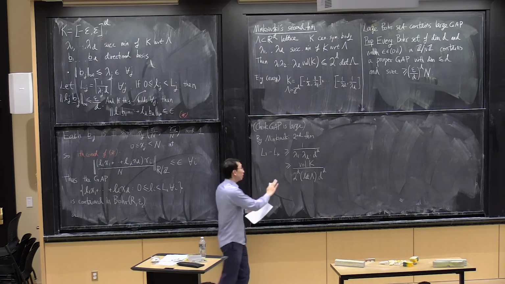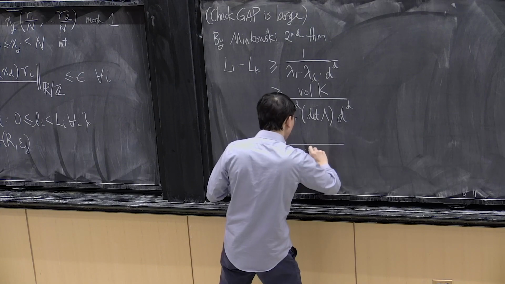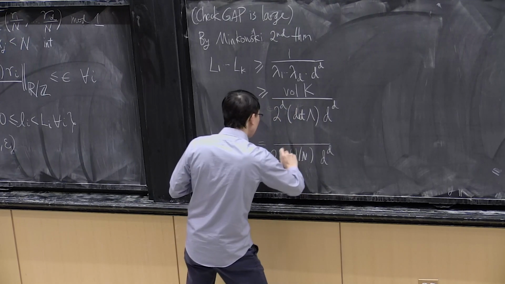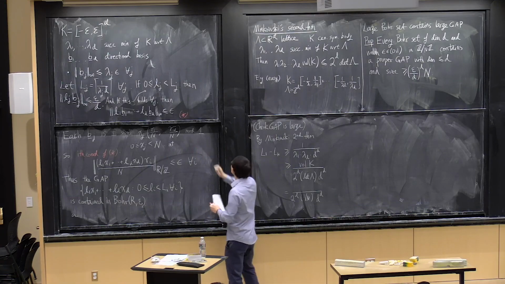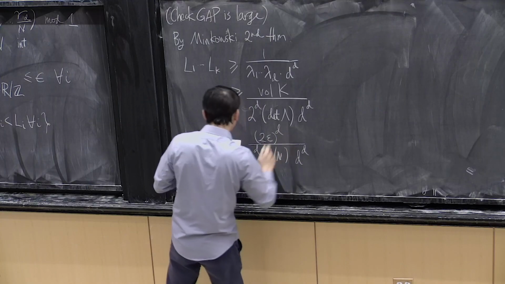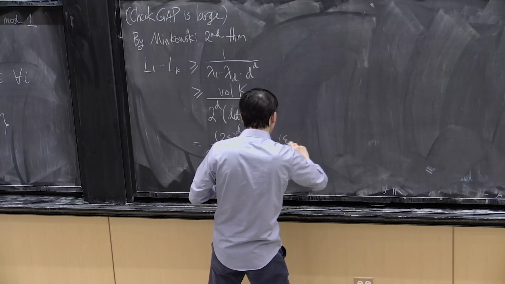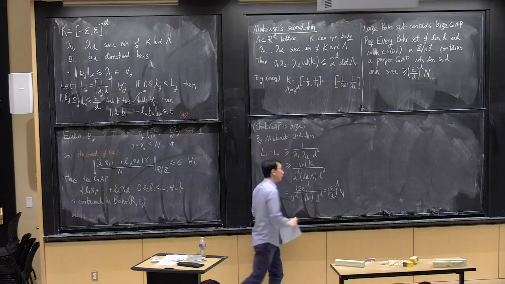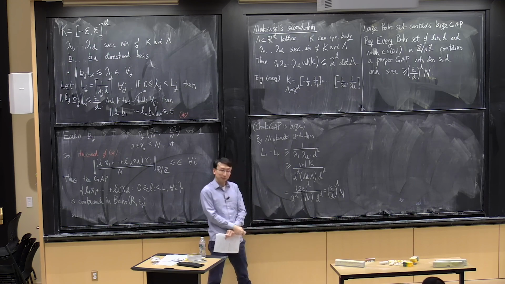But we saw what the determinant of the lattice is. It is 1 over n. You have d to the d, 2 to the d, and the volume of K. Well, K is just that box, so the volume of K is 2 epsilon raised to d. Putting everything together, we find that the size of this GAP is the claimed quantity. It's a constant fraction of the entire group.